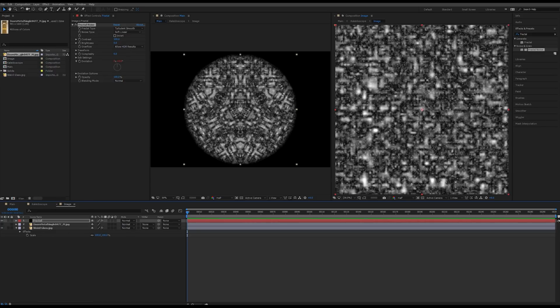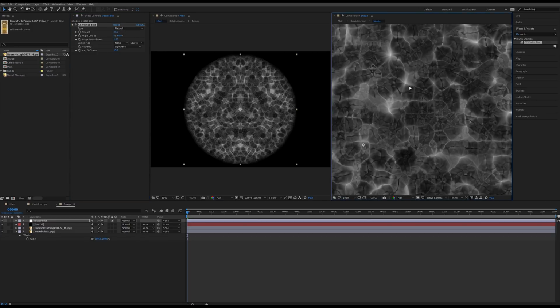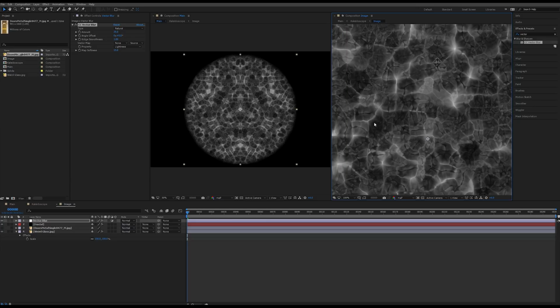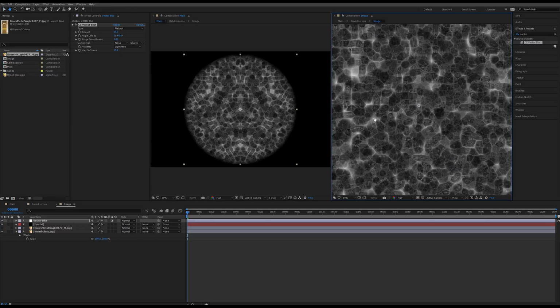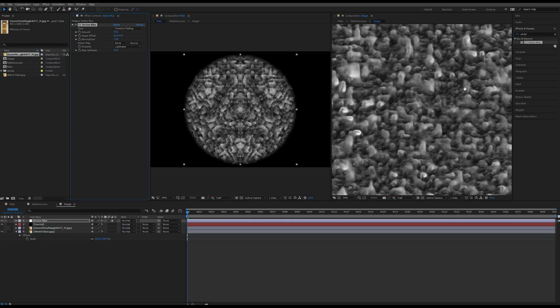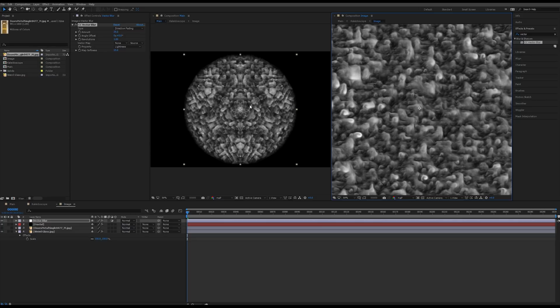But what we want to do now is create an adjustment layer. And I'm going to call this vector blur, because vector blur is a pretty interesting effect. So this is really good for doing energy stuff. On vector blur, you increase your amount, and it kind of gives you these little cellular energy looking crystal things. I don't even know what you call that, but it is kind of neat. And if you go to your type, like direction fading, it kind of looks cloudy, and it works well for this.